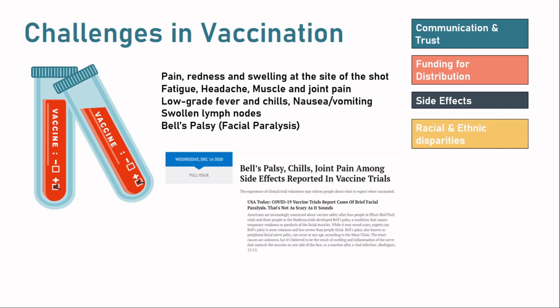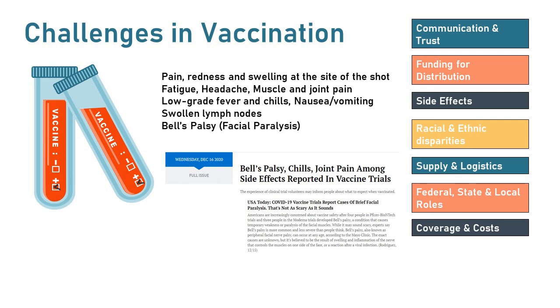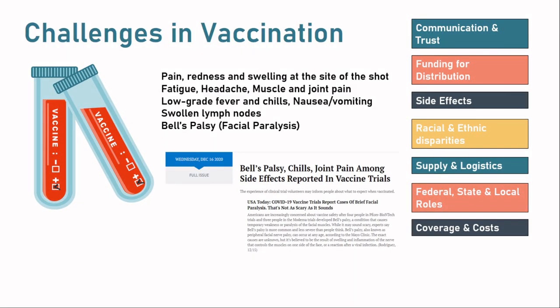There are disparities with racial and ethnic concerns, and logistics and supply of vaccine is going to remain a problem in future. Certain manufacturers are also stating some political pressures on them, and of course the coverage and costs of the vaccine. So these challenges remain still a part of the vaccination drive, but let us hope